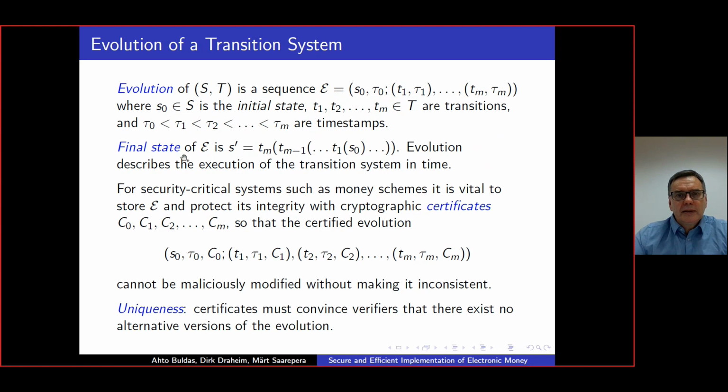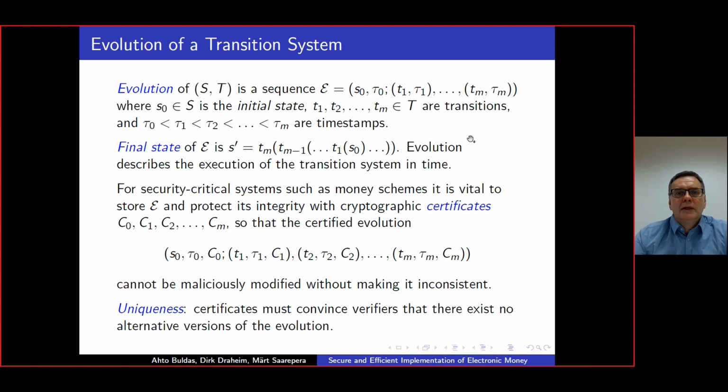And the final state is just the composition of all those transitions applied to the initial state. And evolution describes the execution of the transaction system in time. For security critical systems, such as money schemes, it is also vital to store the evolution and protect the integrity